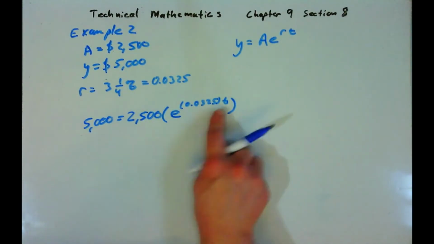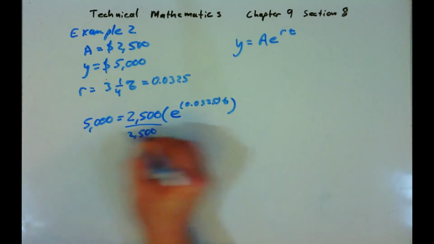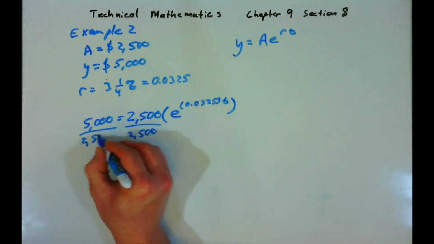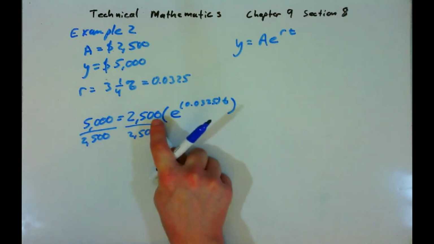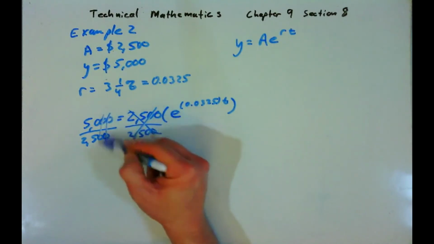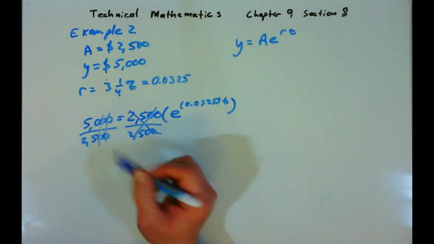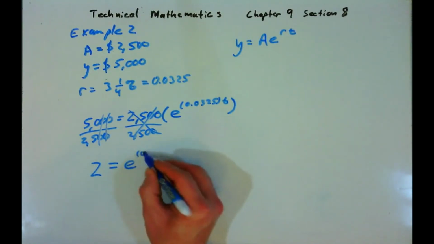And so if we want to solve for t, we want to start by dividing by 2,500 on both sides. I can't take the natural logarithm of both sides until I get rid of any multipliers over here. So 2,500 cancels, the zeros cancel out, and 50 divided by 25 is 2. So we get 2 equals e to the